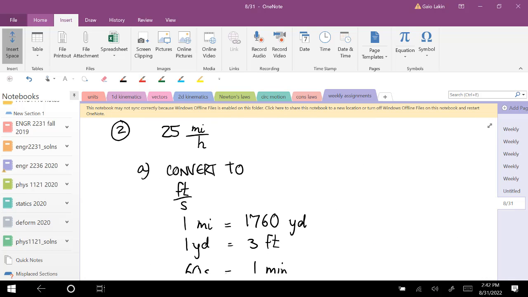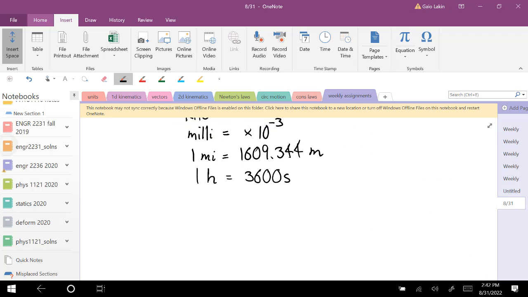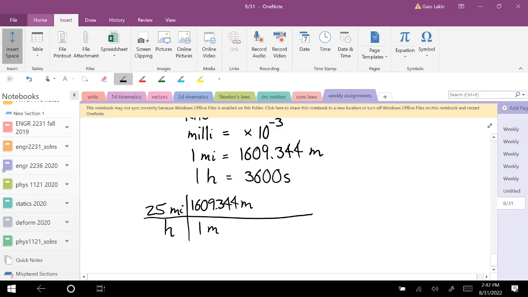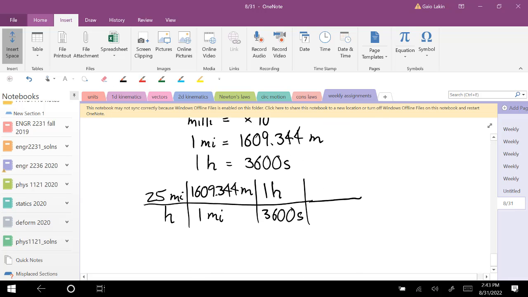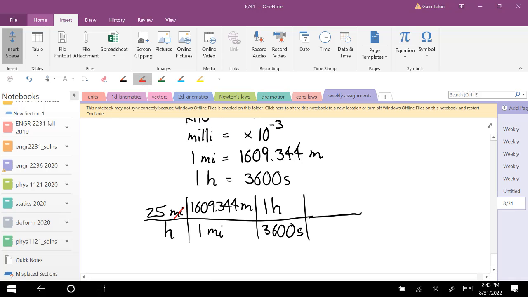So we're going to start with 25 miles per hour. So 25 miles over 1 hour. To go from miles to meters, we'll go 1609.344 meters over 1 mile. To go from hours to seconds, we'll go 1 hour over 3,600 seconds. Now if you do the cancellations,